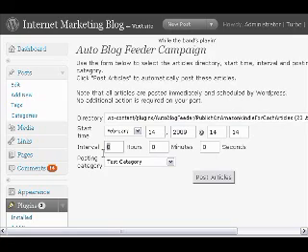Say that we wanted to post an article every 3 days to our blog, then we would make this 72 hours. Yeah, in our case, we're going to go ahead and go for every 2 days. So we're going to say 48 hours, and then we're going to say 44 minutes and 14 seconds. So basically what's going to happen is every 2 days and 44 minutes, you're going to have a new blog